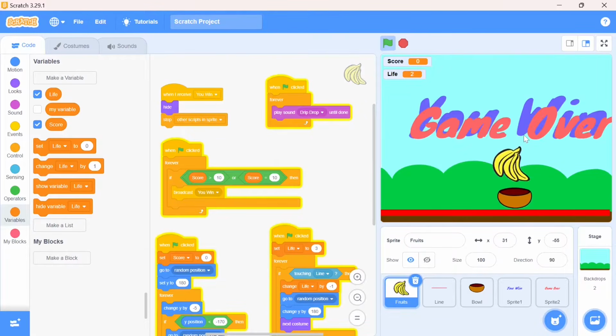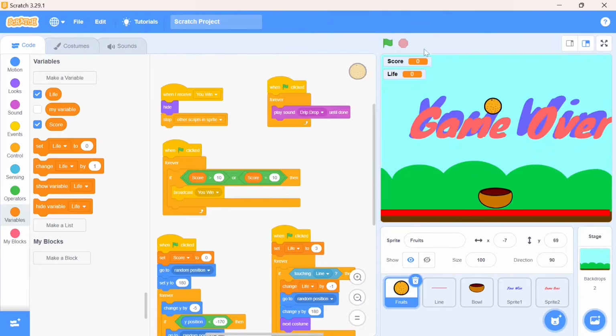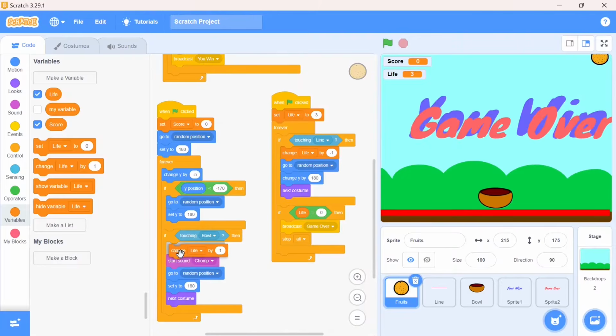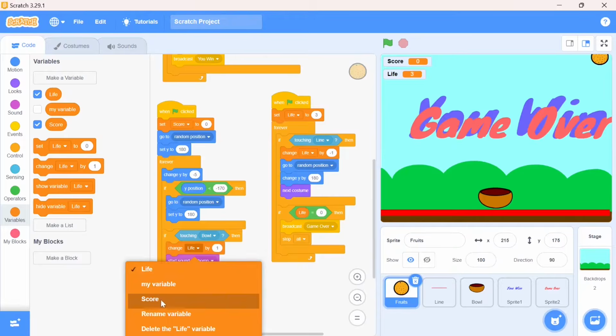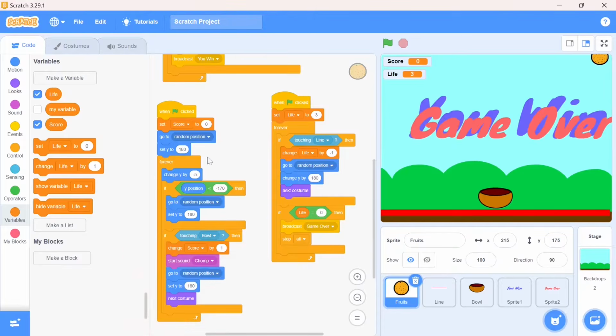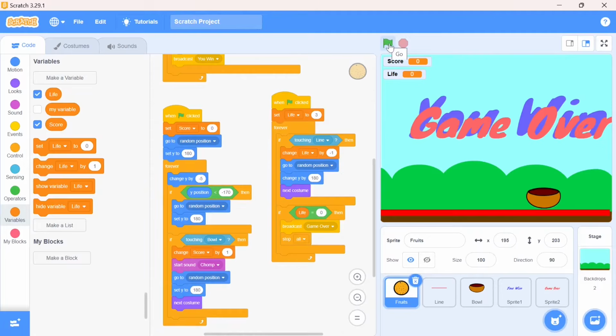Okay. Yes, you can see our life is reducing, but our score is not increasing. So we need to do the coding for that as well. When it's touched to the bowl, we have to change the score by 1. Now I want to increase my score. See,